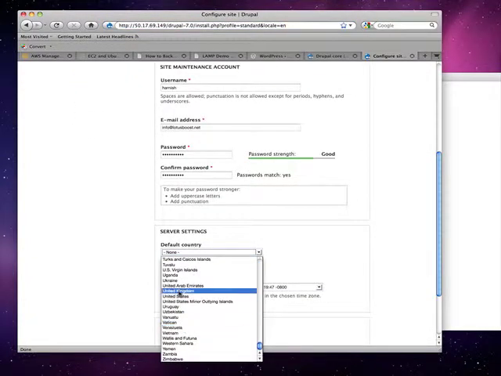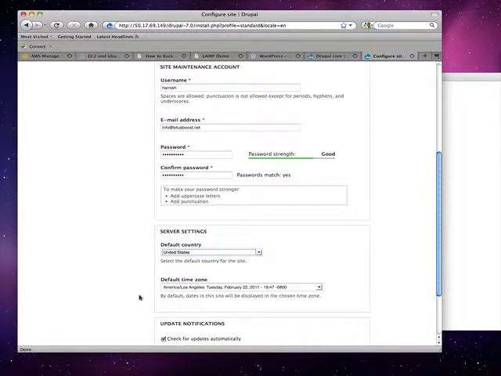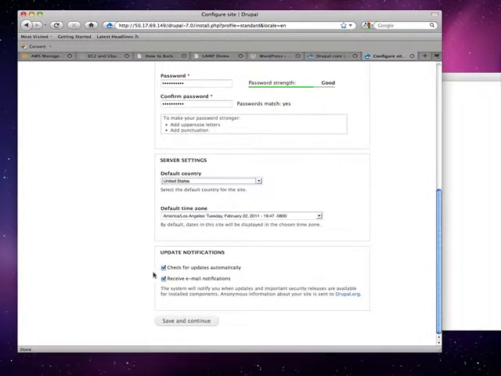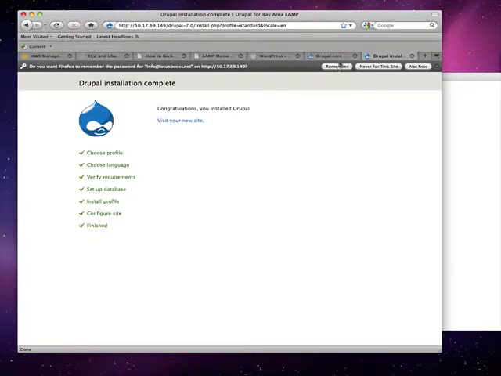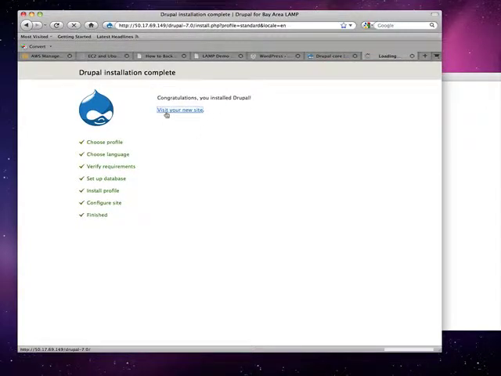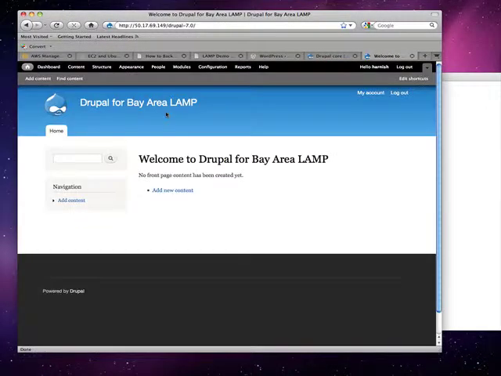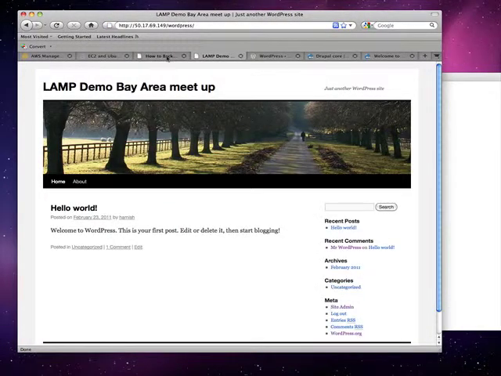Last time this did detect my time zone. Okay. Congratulations, you have installed Drupal. Is it your new site? Drupal is up and running. Now, I want to show you.